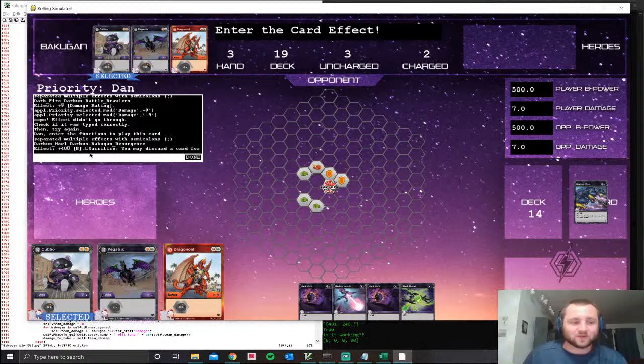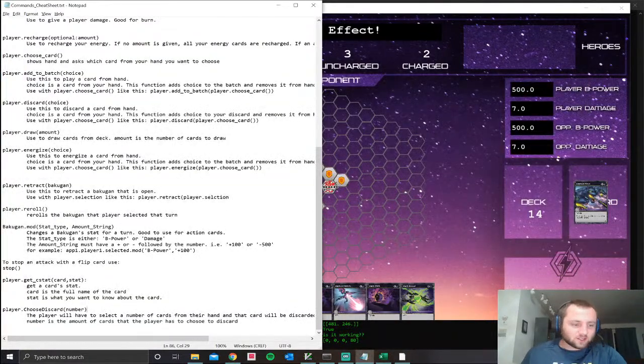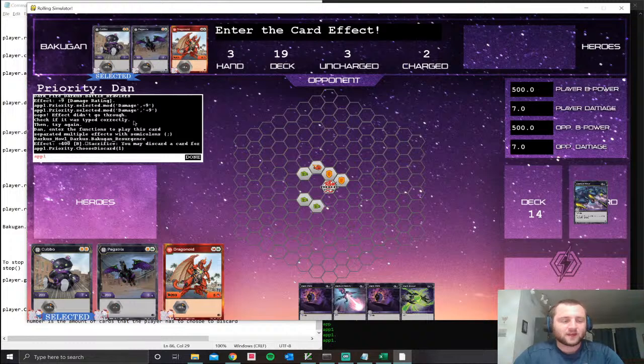Now this is a sacrifice card, right? Darkest Howl is 400 B power, but if you sacrifice, it's 1,000. So if we're gonna do a sacrifice effect here, I have the cheat sheet for this, so I'll show you on the cheat sheet. We're gonna use choose discard, and then you give it the number of how many cards it's gonna discard. So we'll go app1.priority.choose discard, and then you give it a 1. So you choose 1 to discard, and then if you do that, you get to give your selected Bakugan